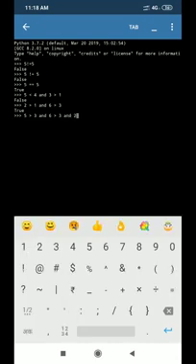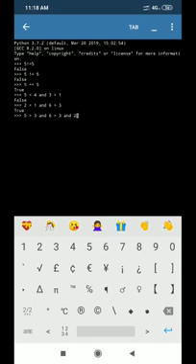2 is greater than 0, and you can verify or compare two or more numbers. Here we have verified 6 numbers. Here we are comparing 6 numbers, 2 numbers at a time. Okay, so we are getting the result like this. Because 5 is greater than 3 is correct, 6 is greater than 3 is correct, and 2 is greater than 0 is also correct. That's why we are getting true.